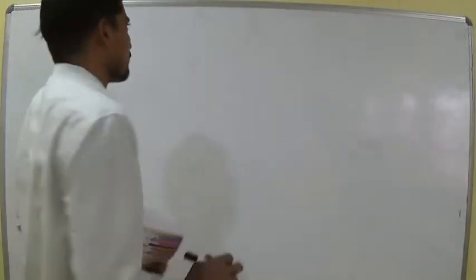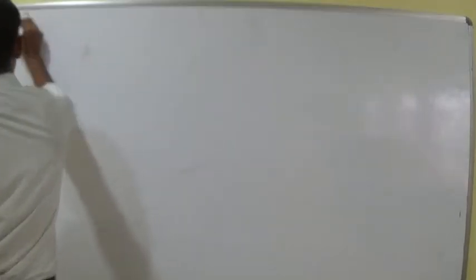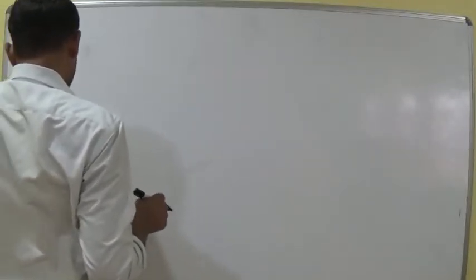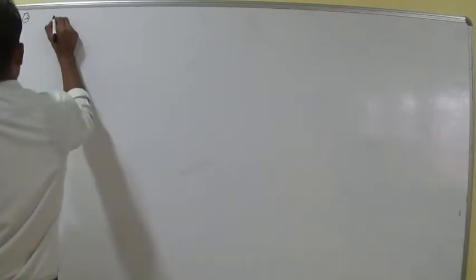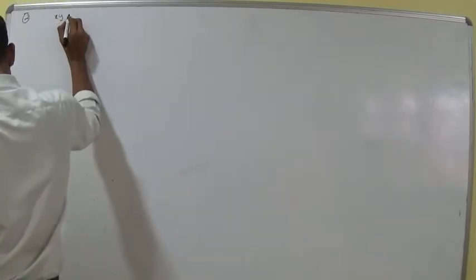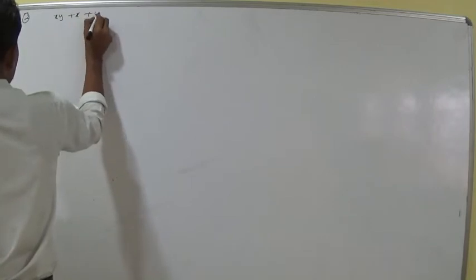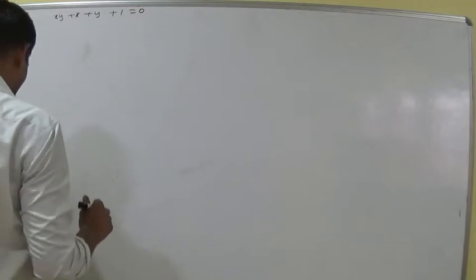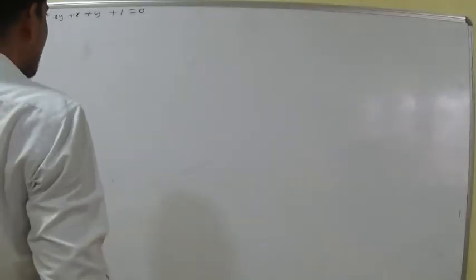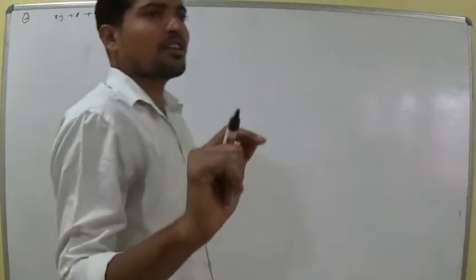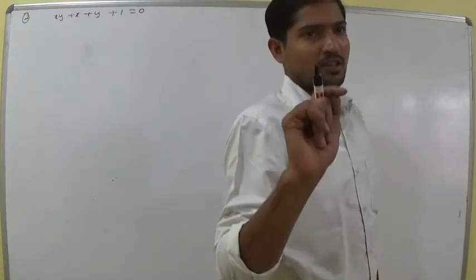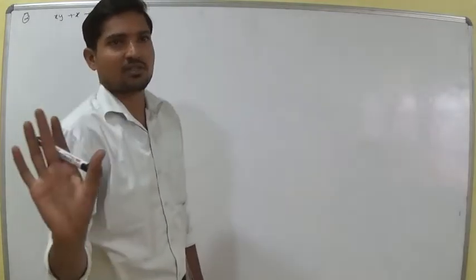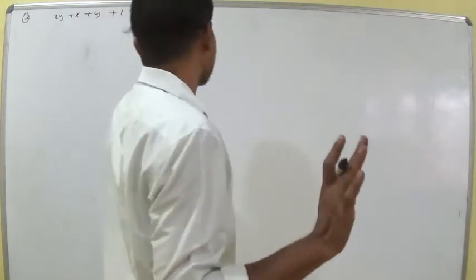Second one, the point of intersection of pair of lines represented by xy plus x plus y plus 1 equal to 0. See, we have a formula, (hf minus bg by ab minus h square, gh minus af by ab minus h square). That we can use, otherwise